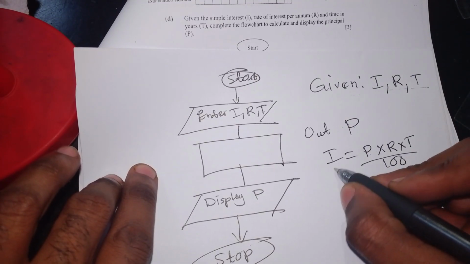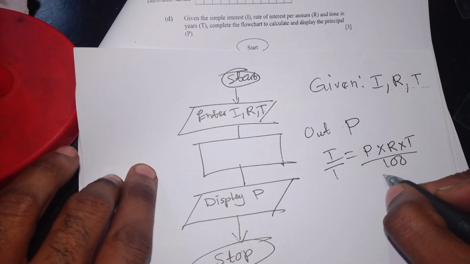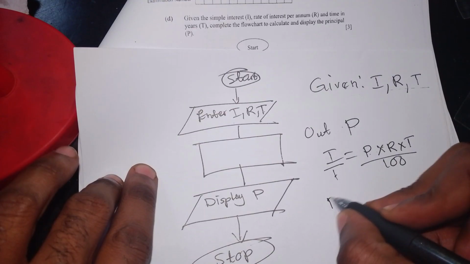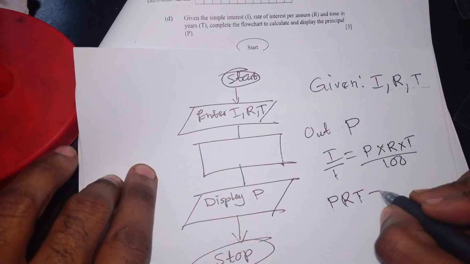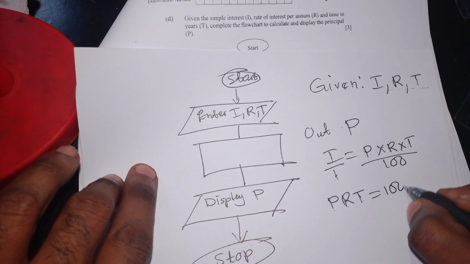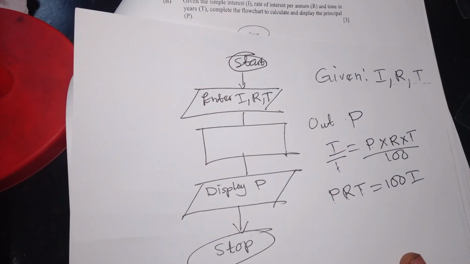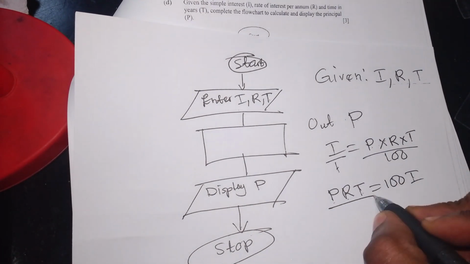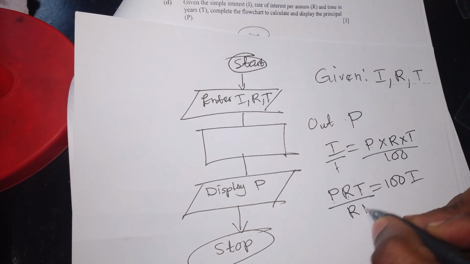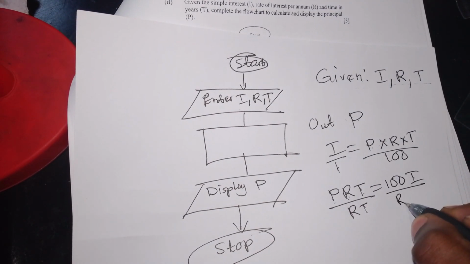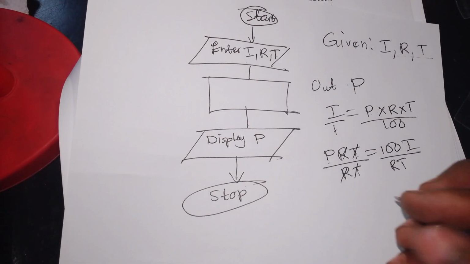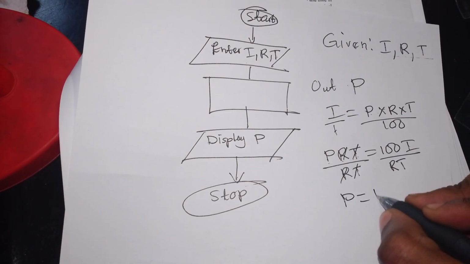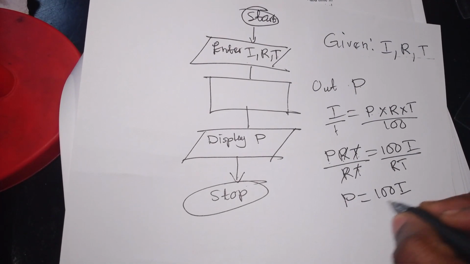So you can put over 1 and cross multiply. This times this, you have P R T. This is the same as P times R times T. Then this times this, you have 100I. And then to make P the subject of the formula, you have to divide both sides by R times T. Then you can cancel these two out, so that you have P is equal to 100I over